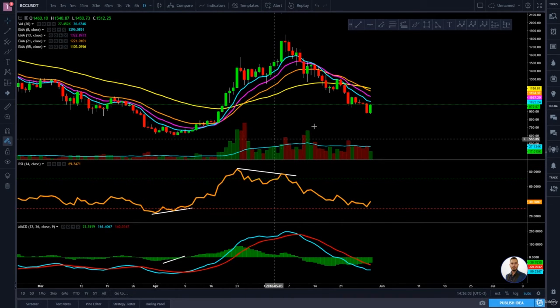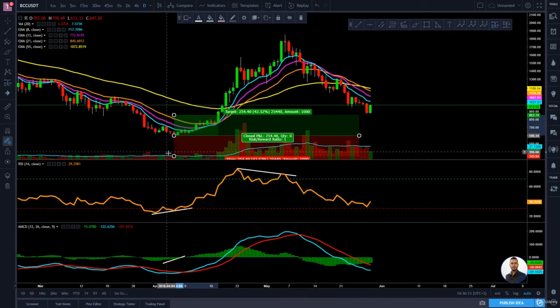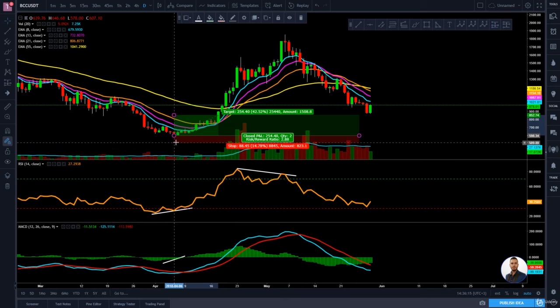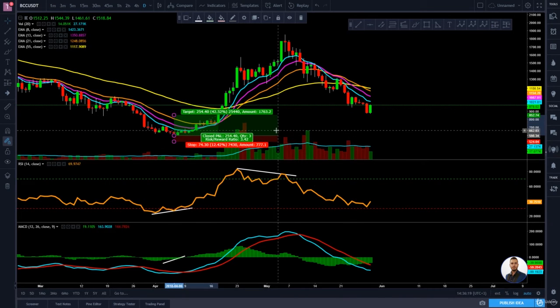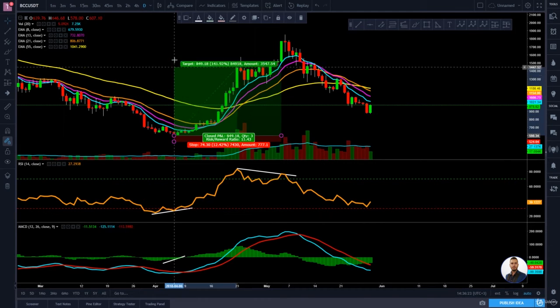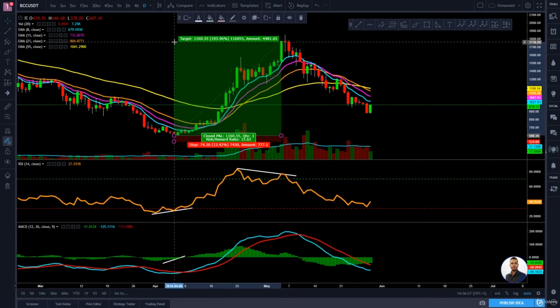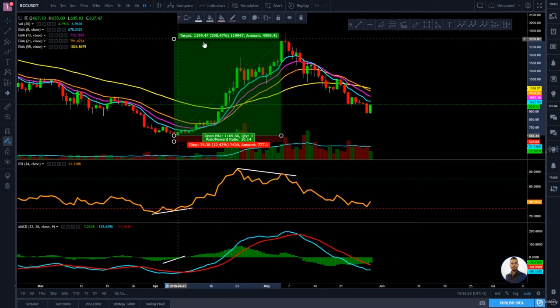And I will take my long position tool from my favorite toolbar, set my entry point right here at this candle which corresponds to this higher low on the RSI, setting my stop loss slightly below my entry point, and you would have sold it where we see on the RSI and MACD that it starts to bearishly diverge, which is over here, and in this trade you would have made a huge 200% profit